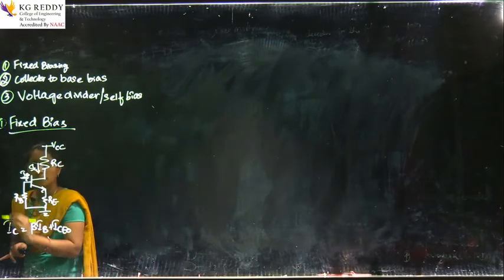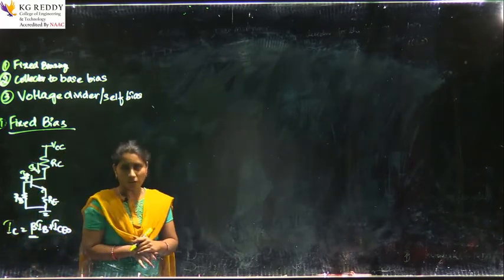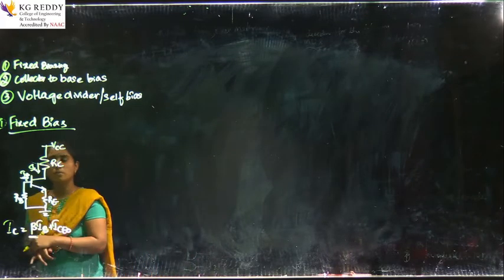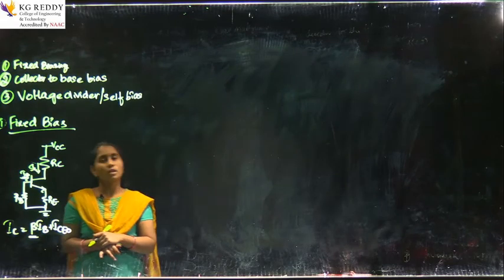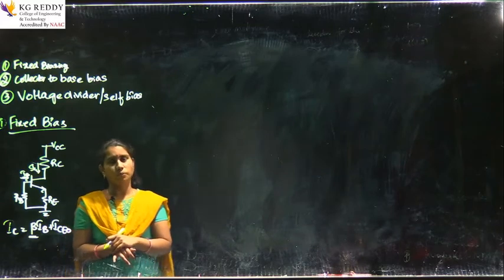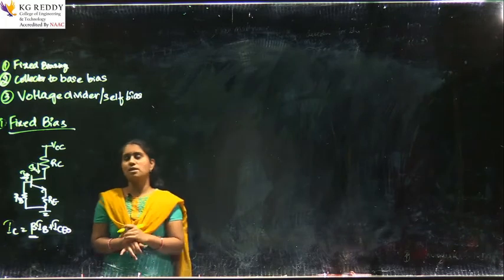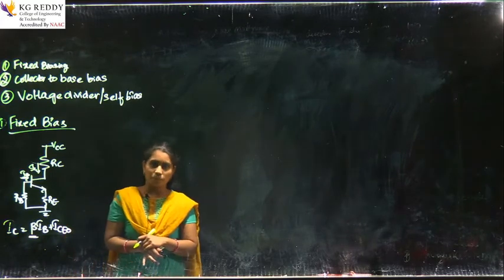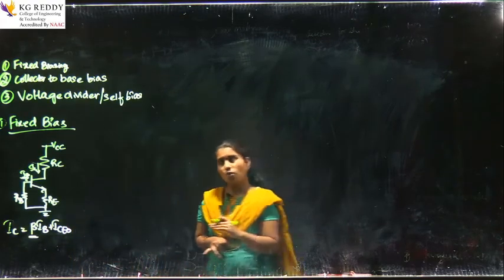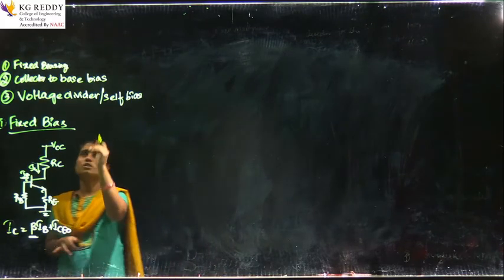The second main disadvantage is related to beta. There will be a large change in the beta factor also in the fixed biasing method. The IC current will gradually increase as the beta value increases, even if there is no reverse saturation minority carrier flow. So these are the main disadvantages of the fixed biasing method: it is simple to design but we can't achieve stability. Our main target is to achieve stability. Is it right? So for that we have designed another circuit, which is the collector to base biasing method.